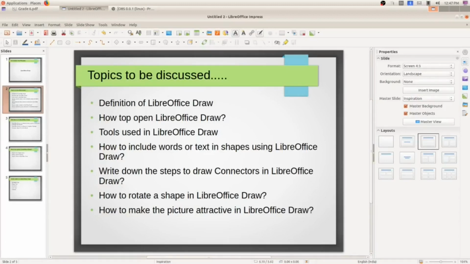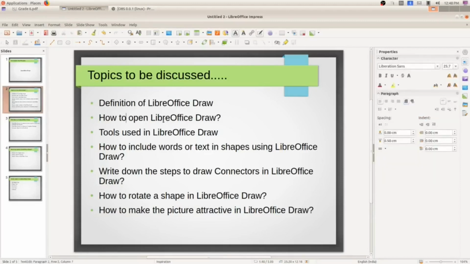In today's class we are going to discuss the definition of LibreOffice Draw, how to open the LibreOffice Draw application, and some of the tools used in LibreOffice Draw. These are the three topics for today's class. So let us start with the first topic.